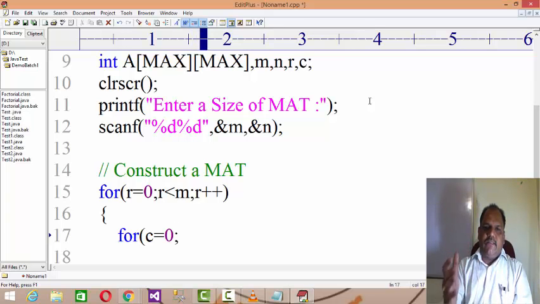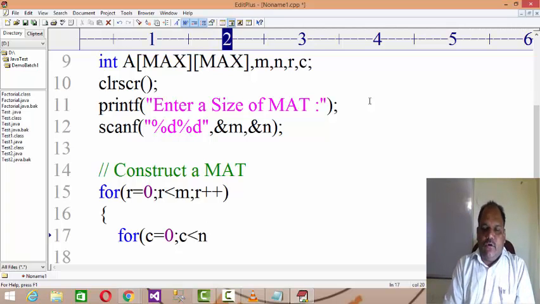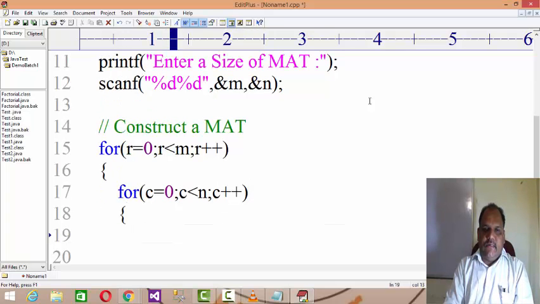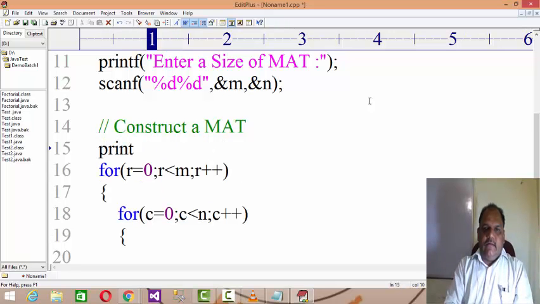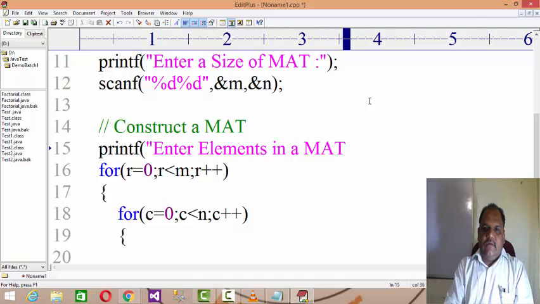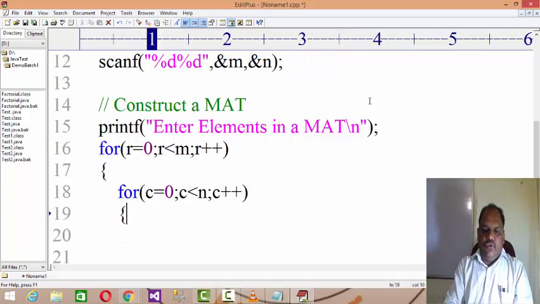What is a matrix? A matrix again is an array, an array of an array, like it is divided into rows and columns. So for c equals 0, c less than n, where n represents the total number of columns, c plus plus, right? And then you ask the user. Here you prompt the user like printf enter elements in a matrix, and then you can prompt the user like printf enter data for